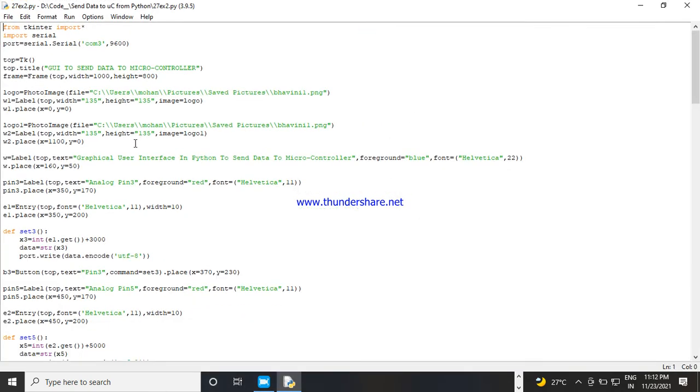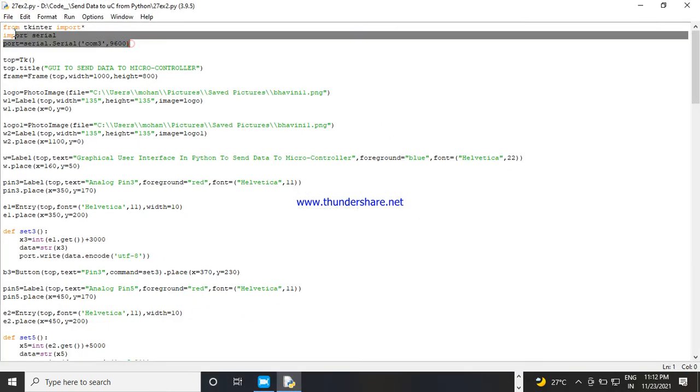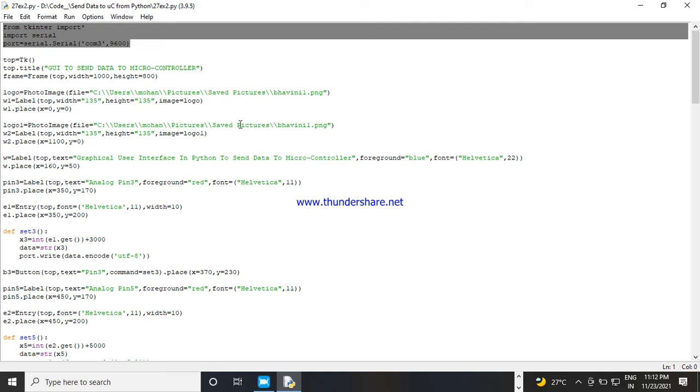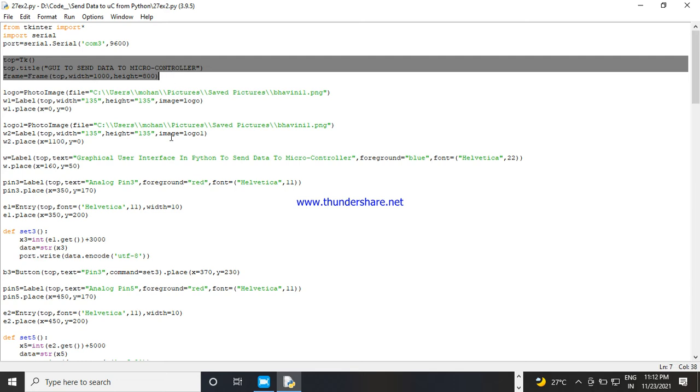So first I will show the code. You see, this part is we are defining the COM port, and these are the standard syntax.